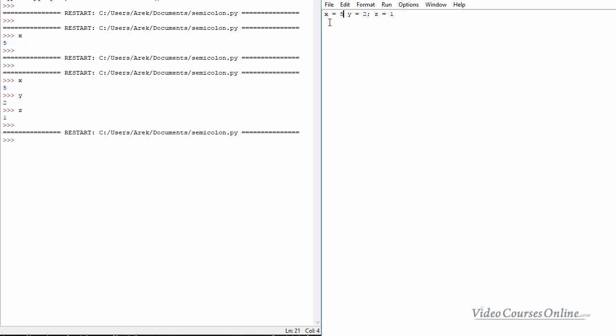When you delete it, the interpreter will be like, hey, let's assign 5 to X and then assign to it also space, Y, and something like that. And it's like, well, wait a second, I don't know what you want to do here, okay? You need to inform it, hey, this is the end of the instruction. So that's one way. And also, I will teach you in this lesson how to assign the Python way many